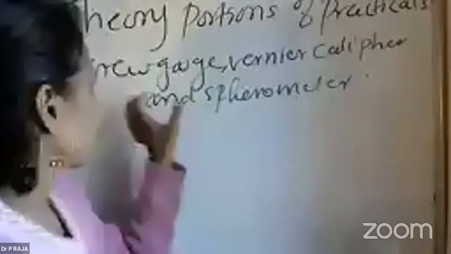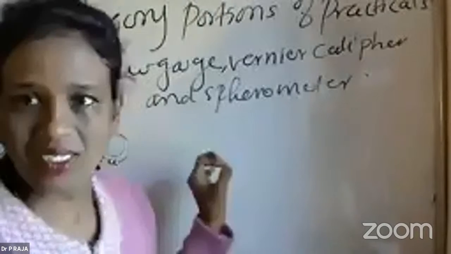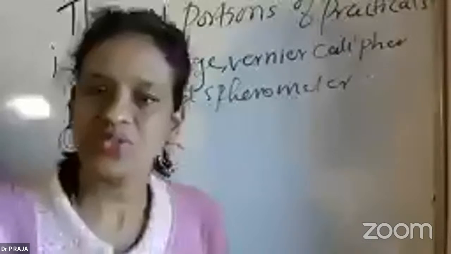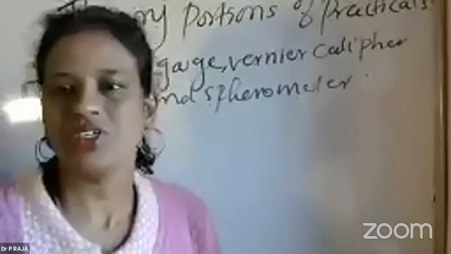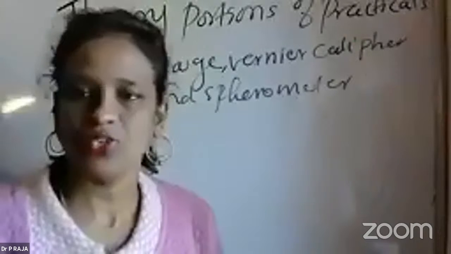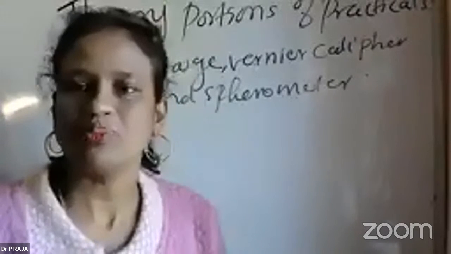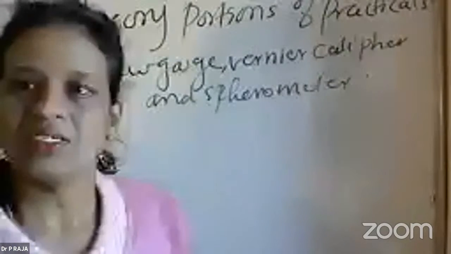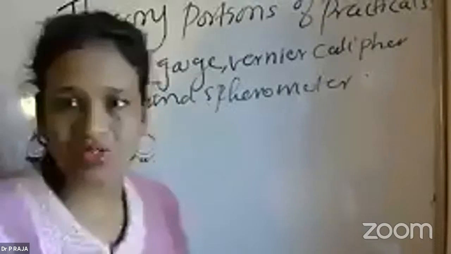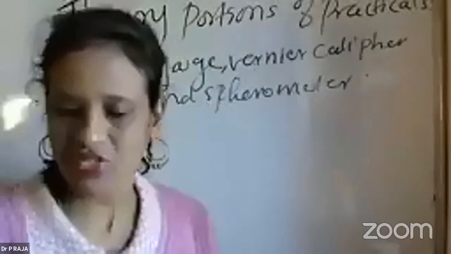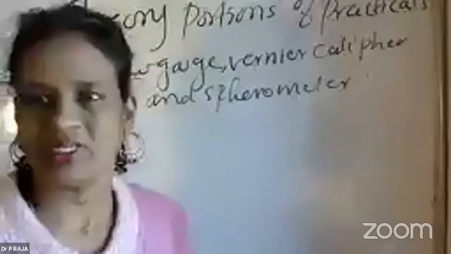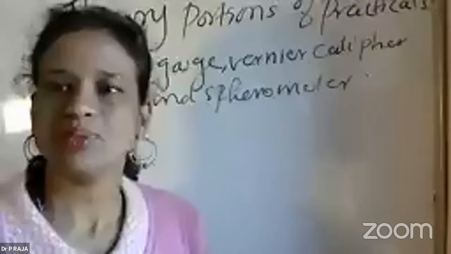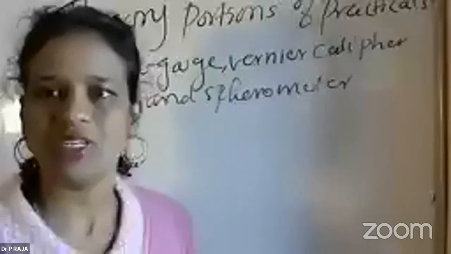Like for example, in yesterday's video, I sent it as a model so that you will understand. For the screw gauge, you need to write how to derive the least count of a screw gauge. You need to know what a pitch is, how a pitch is found, what is its unit, and ultimately what the least count of a screw gauge is. These will come in the theory portions. Draw a diagram of a screw gauge with the markings on the left side, and on the right side you can draw the observation table,